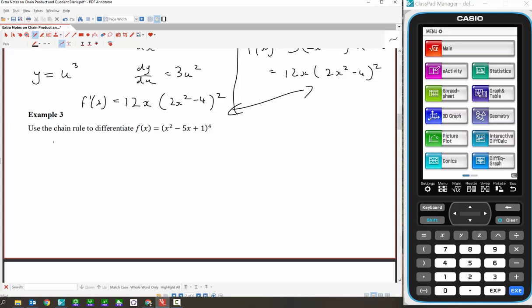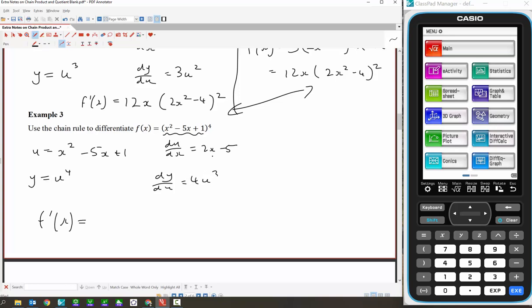Alright, let's do this one here. So our inner function is this quadratic here, so let's call that u equals x squared, take away 5x plus 1, and y equals u to the 4. du dx is 2x take 5, and dy du is 4u to the 3. Right, that times that with the u substitution. So we're going to go 4 lots of that, so 4 brackets, 2x take 5, u to the 3, now u is this thing here,